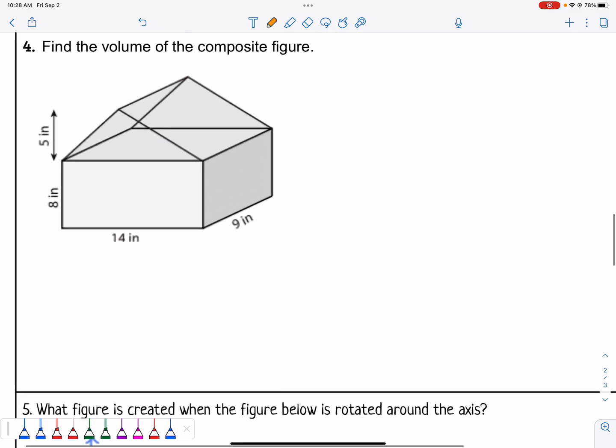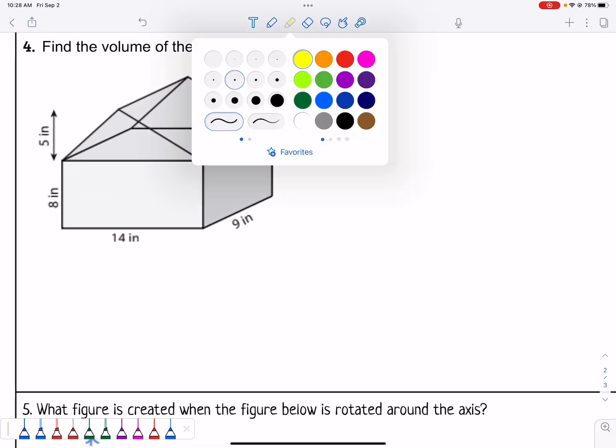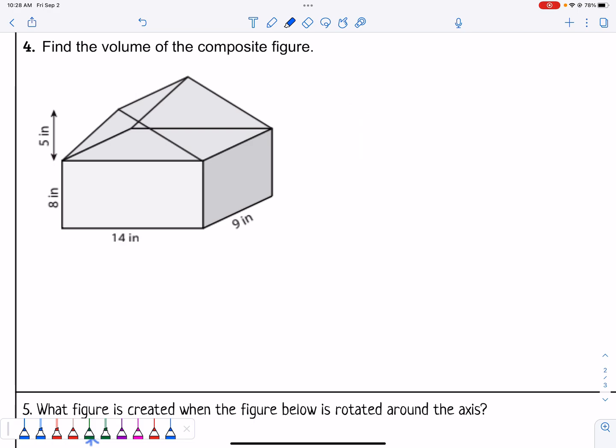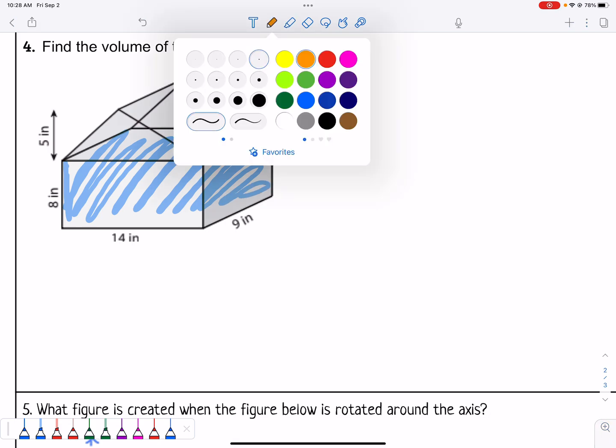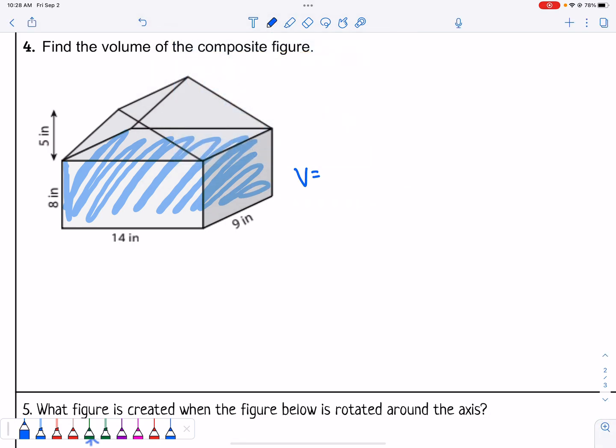Number 4 says find the volume of the composite figure. So this composite figure is made of 2 different 3D shapes. We've got the bottom, which looks like a box. So let's start with that one. The volume of a rectangular prism or a box is just what it's always been, length times width times height. So let's say 14 times 9 times 8 would give me the volume of my rectangular prism, which is 1,008